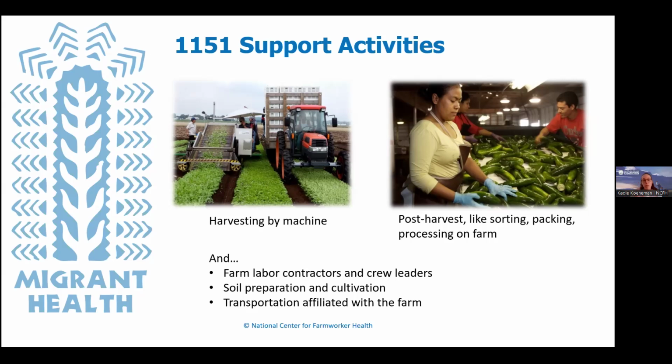Once the crop leaves the farm and goes to a packing house or facility of some kind that is not owned by the farm and is off the farm's property, it becomes a different industry, and those workers are not considered agricultural workers. So there are some tricky caveats to consider, but we'll go through some of those today,